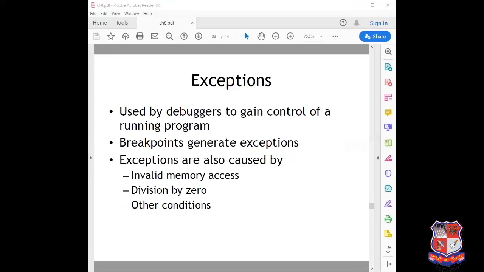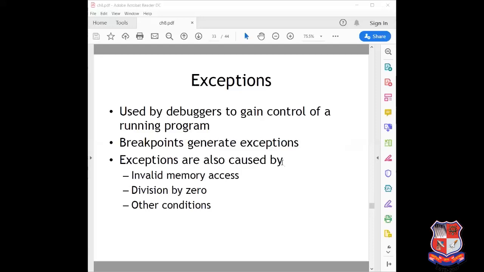Okay, so the breakpoints generate the exception, and basically it goes by three ways: either for invalid memory access, or division by zero, or any other condition, or sometimes we can also set a user specific condition, right?